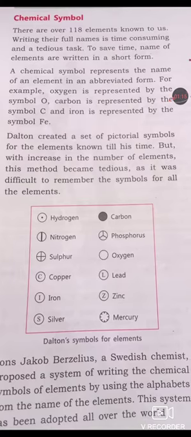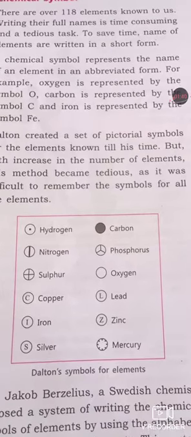So like different languages, chemistry is a separate branch of science that has its own language, and this language is known as the language of chemistry. The language of chemistry starts with chemical symbols. So let's see what is given in your book.